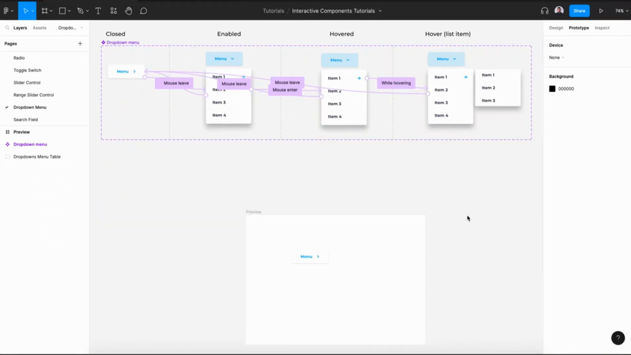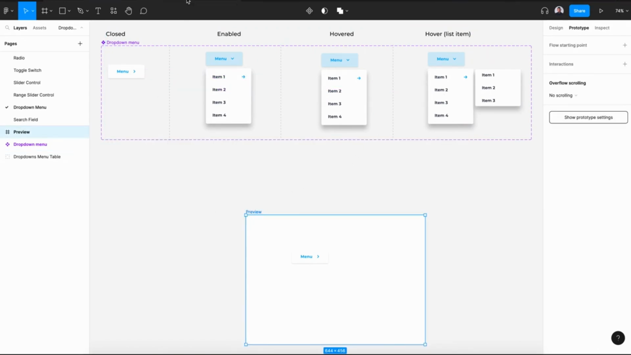Hello and welcome to this Figma tutorial where we'll be creating an interactive drop-down menu. So in this video, we'll be creating 4 different states of our drop-down menu. And next, we'll be using the prototype tool to connect all the variants to create an interactive drop-down menu like